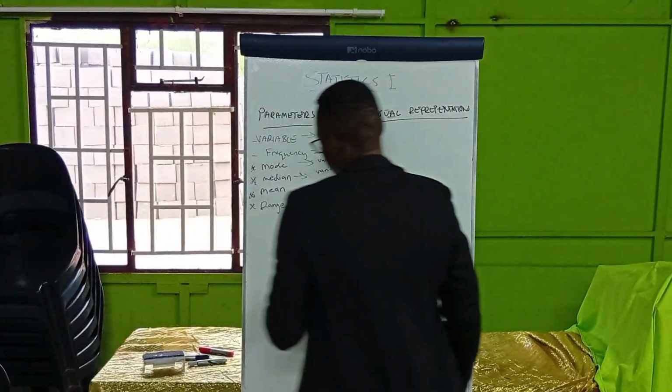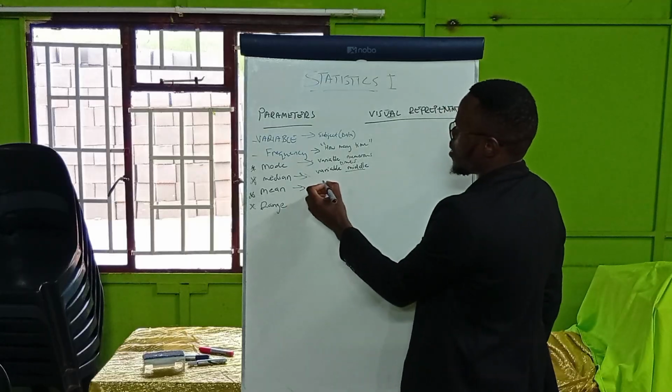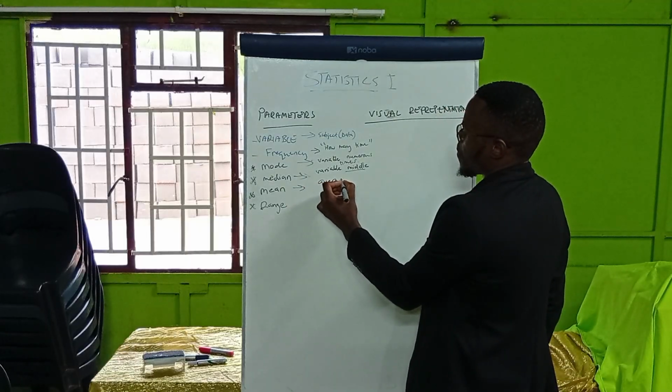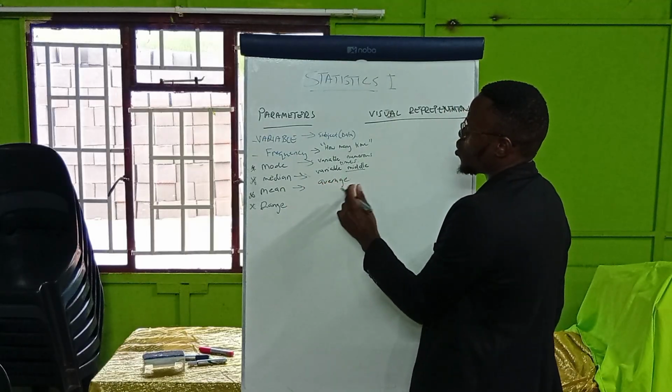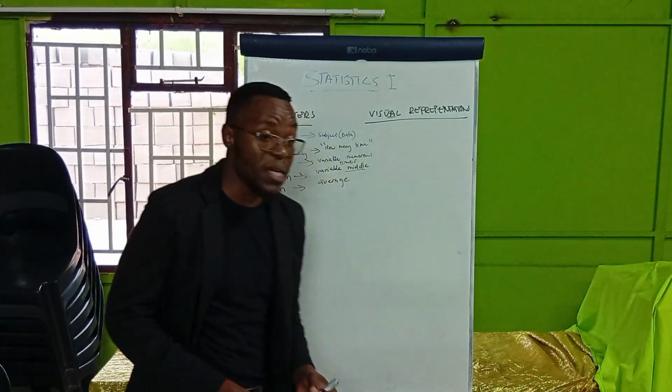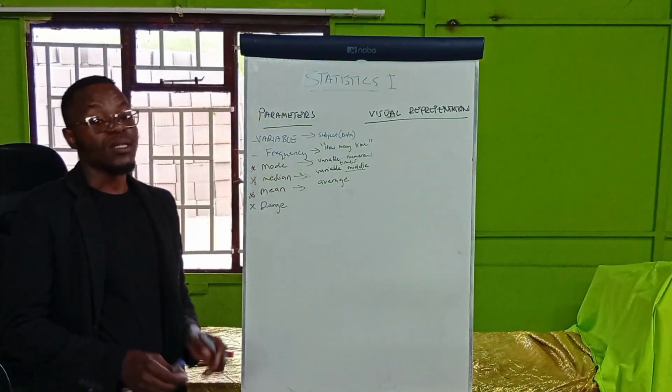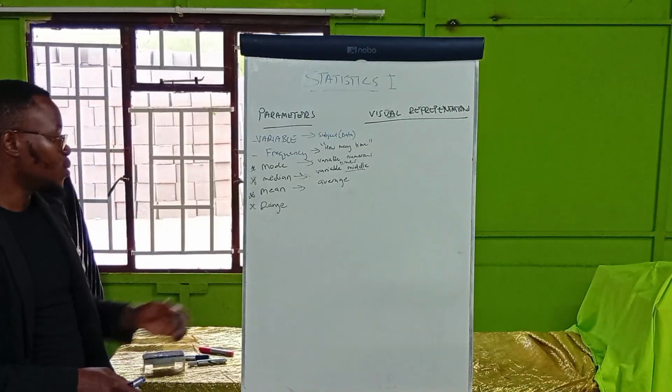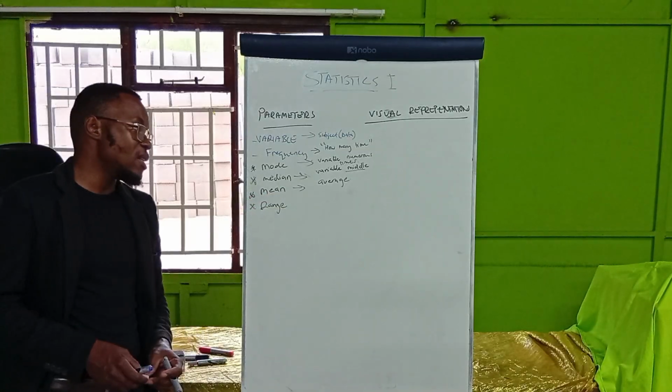And then the mean, this is just the average. Now, of course, I'll show two formulas on how you can calculate the mean depending on the type of data that you have. So for now, we just write mean as